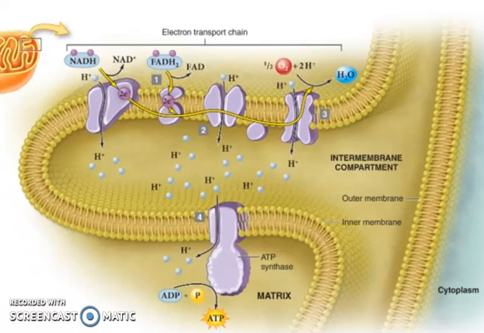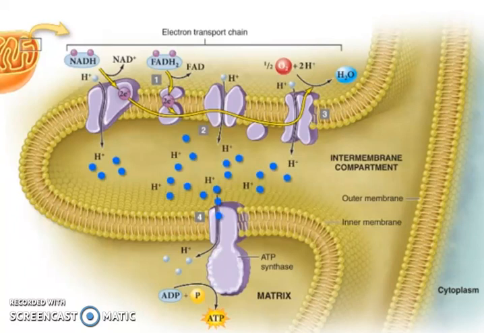Now, focus your attention on the ATP synthase protein at the bottom of the figure. If you follow the black arrow through ATP synthase, you'll see that the hydrogen ions enter ATP synthase from the intermembrane compartment and move through it to the matrix by facilitated diffusion. Since the hydrogen ions are moving from a high concentration to a low concentration, they're going